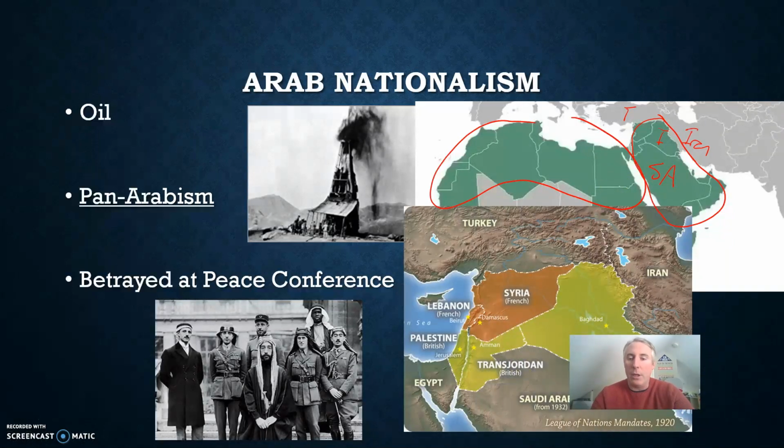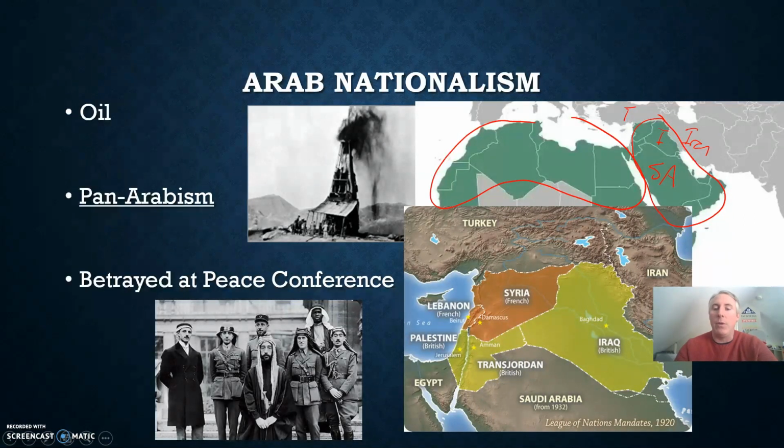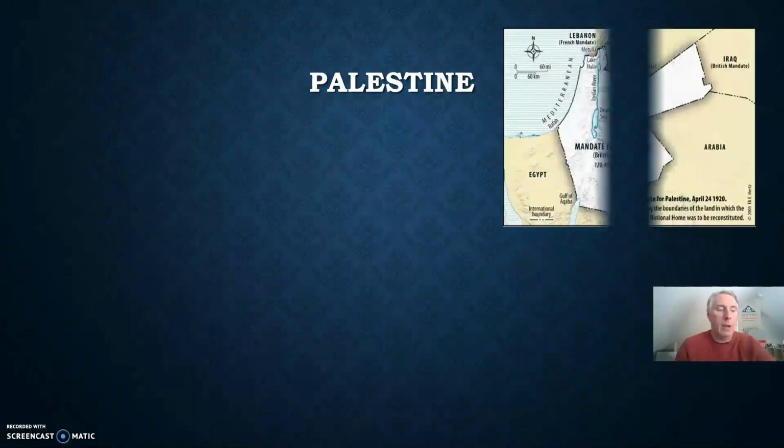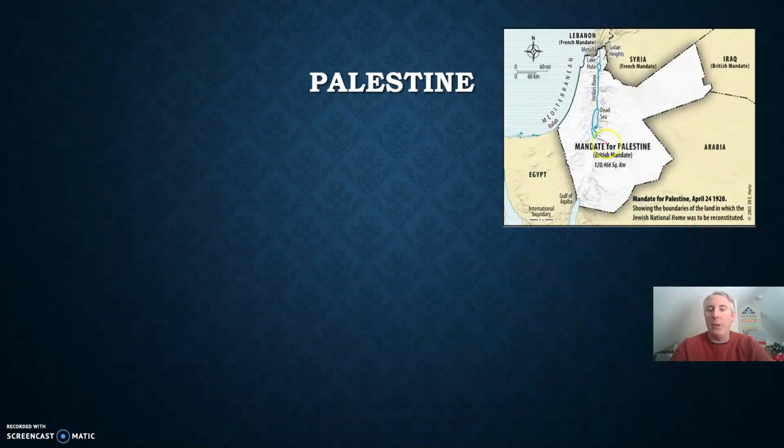So this is what the Middle East looked like, or at least the Arab countries looked like after World War I. Iraq, Transjordan, and Palestine all became British mandates, and Syria and Lebanon became French mandates. Now, one mandate in particular that I want to talk about, because this would be the center of a conflict that would last to this day, is Palestine. So Palestine was the area that today is mostly Israel. So here's this British mandate of Palestine. Really, we're talking about this region in here. And as I said, the majority of this region is the nation of Israel today.